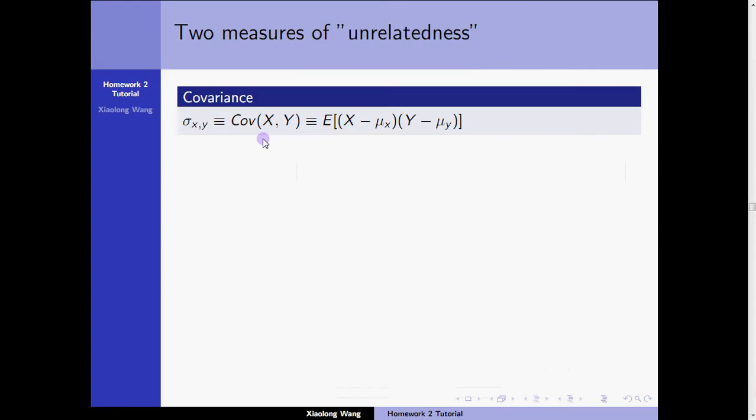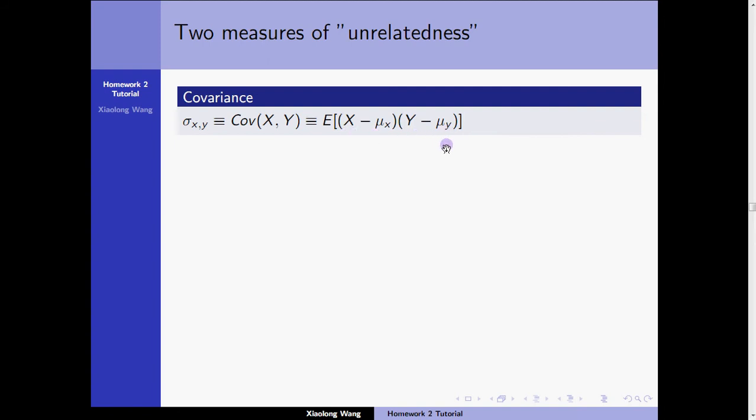This is the third section of our Homework 2 tutorial, two measures of unrelatedness. In particular, we will talk about two measures of unrelatedness between two random variables. Suppose we have x and y as random variables, and we define the covariance between x and y as sigma xy, which equals the expected value of the product of x minus mu x and y minus